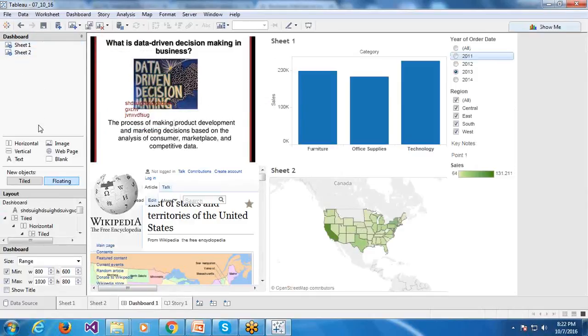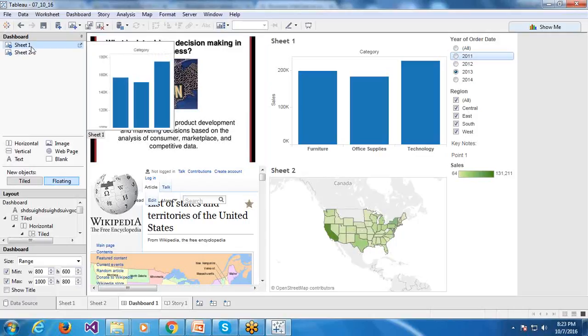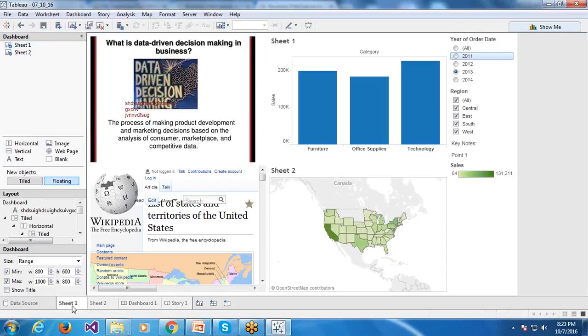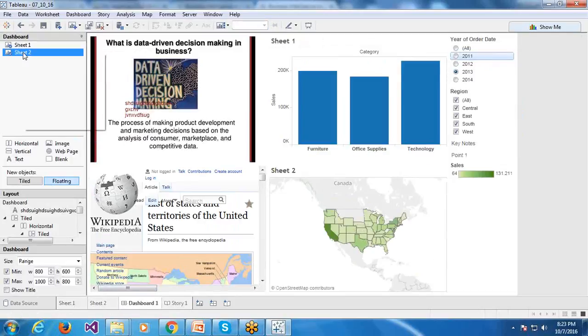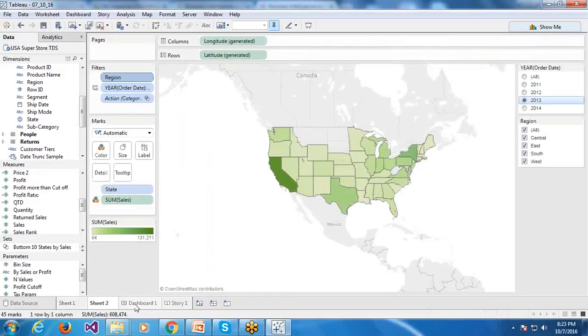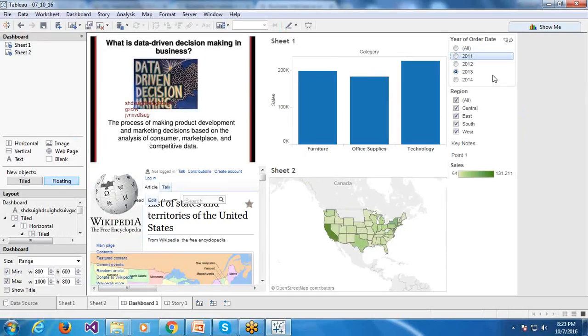I may have 10 to 20 to 30 sheets because I will have 4 to 5 dashboards. So if those sheets are not needed, or I am not interested in using them directly as a sheet, and I am interested in only looking at those sheets from a dashboard,